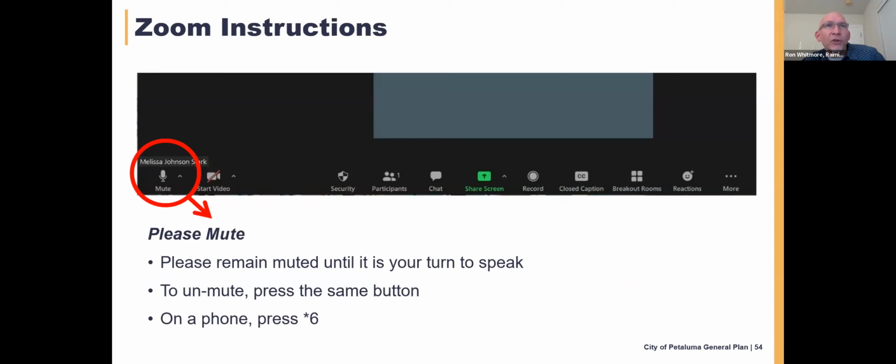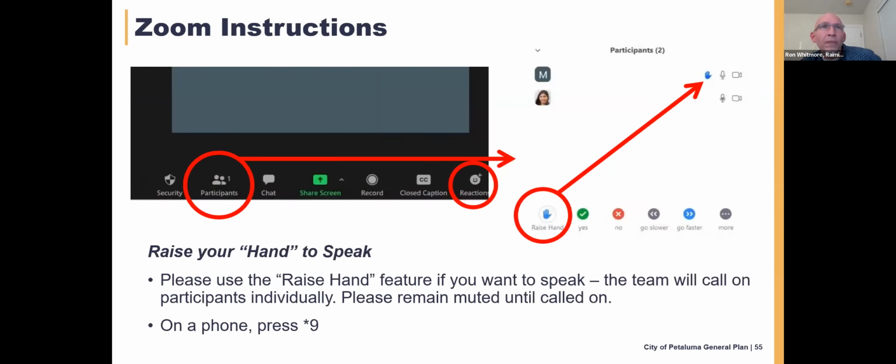Just as a refresher, in case you haven't been on enough Zoom meetings already, the mute button is in the bottom left-hand corner of the screen where you can mute and unmute yourself, or if you're calling in by phone, press *6. Likewise, if you'd like to make a contribution so that we can keep it manageable for the facilitator, we ask that you use the raise hand function, which can be accessed through the participant window or in the reactions button at the bottom of your Zoom panel. And if you're again calling in by phone,